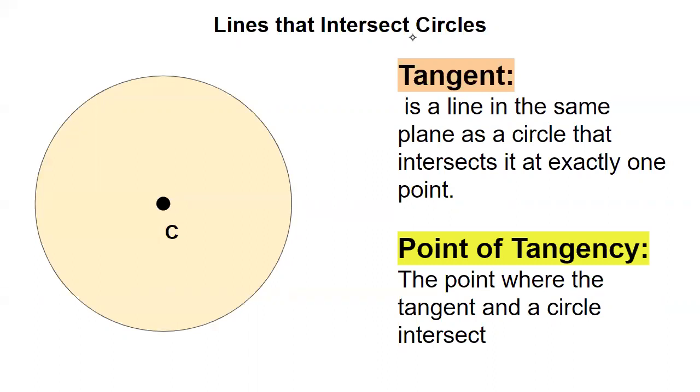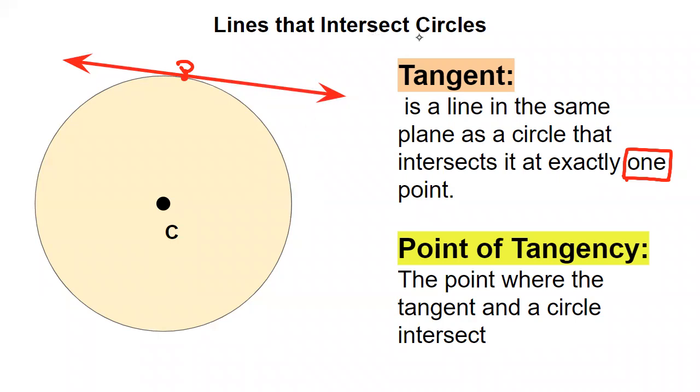So this means that I'm going to have my tangent line, a line that exists in the same plane as my circle, and they're going to intersect exactly at 1 point. So let's go ahead and construct my 1 point. What do you guys want to label your point? Let's label it D. And I'm going to construct a line. My line is going to go through that point, and it's going to intersect my circle at exactly that